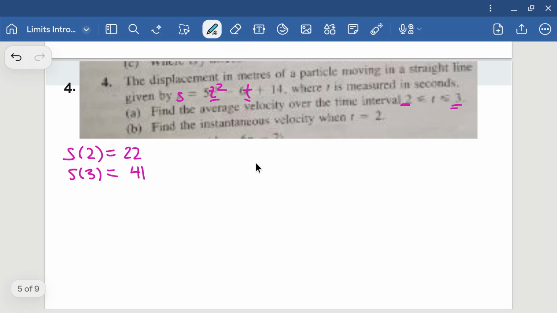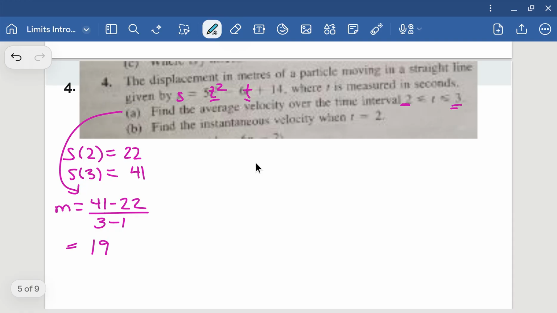So if we're looking at the velocity or average velocity, we just need the slope between those 2 points. So we'll do the y values, 41 minus 22, over the x values, 3 minus 2, and you get the slope of this function is 19. So that is between that interval, but if it's asking for an instantaneous velocity, then instead we want to find